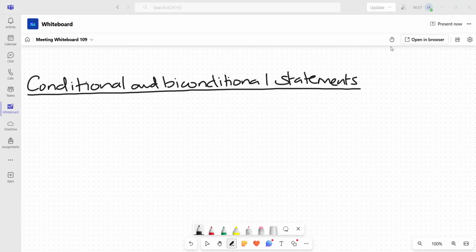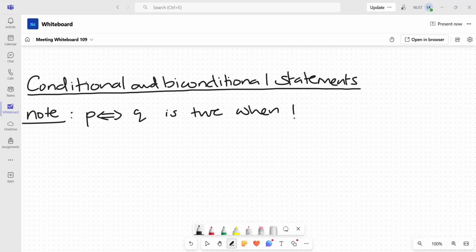So in our last class, we looked at conditional and biconditional statements. We defined them, and then we drew the truth table for the conditional statement. So this is a statement where we have if one statement, then another one. So today we look at the truth table for the biconditional. Okay, so what we take note of is that P if and only if Q is true